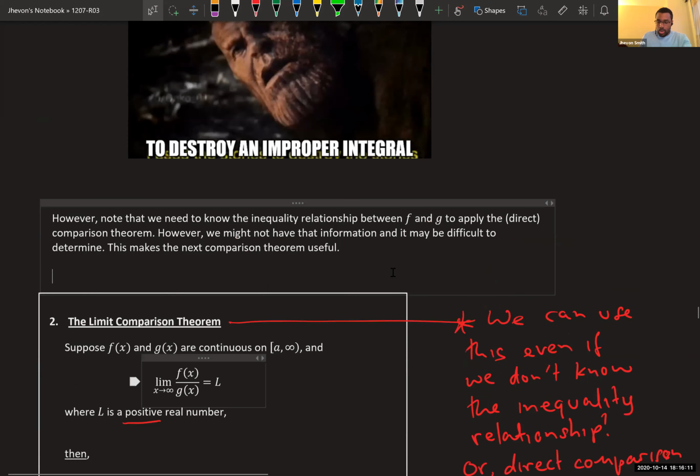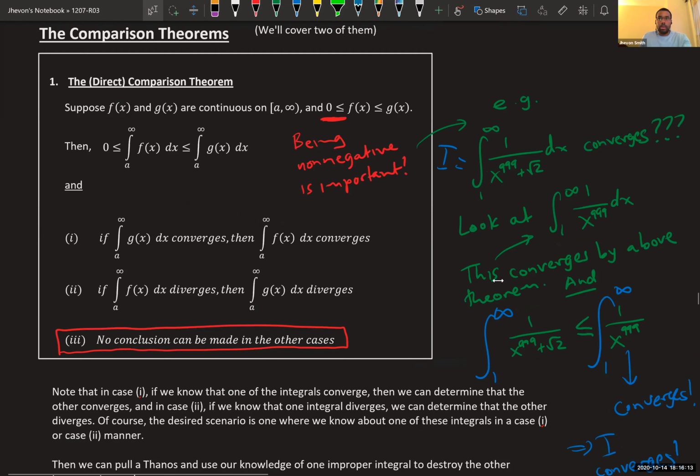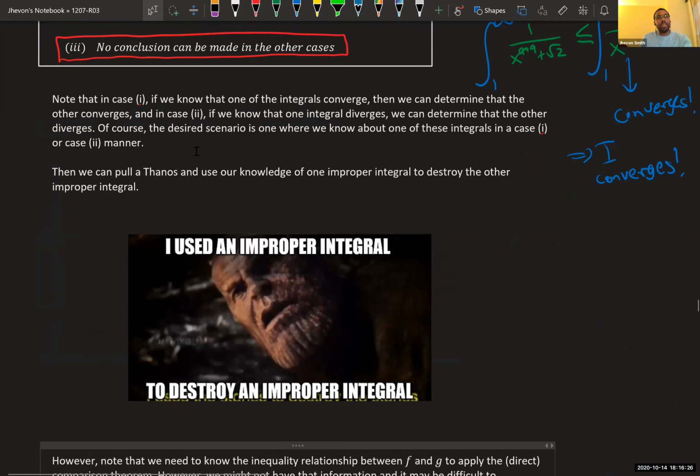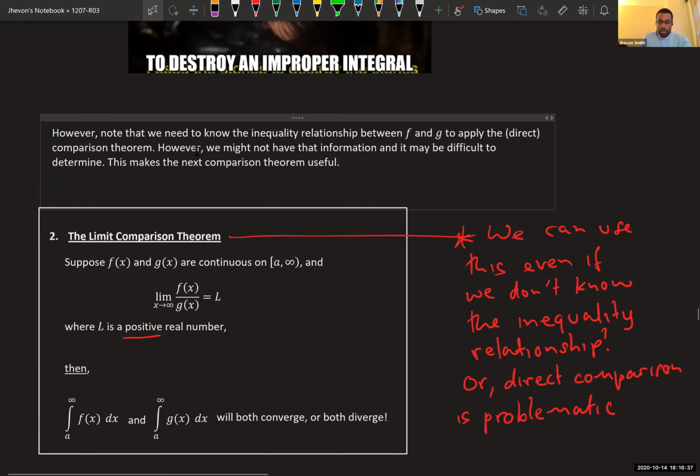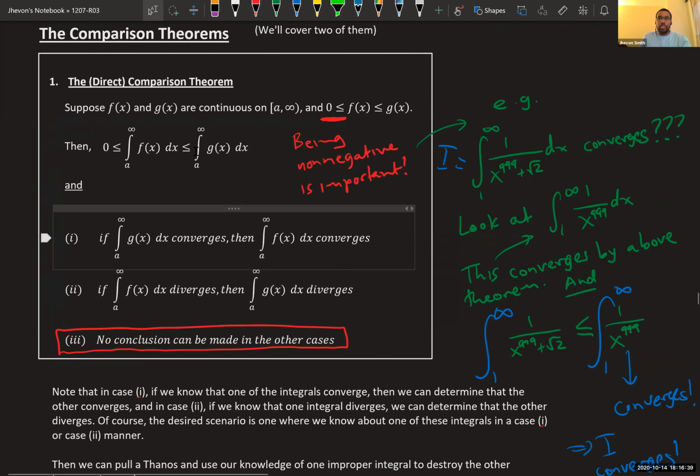So I know that a lot of students would have the idea that, you know what, building inequalities is complicated and I need to figure out who's bigger than who in order to apply the direct comparison theorem test. So you know what, I'm just gonna forget about it and always apply the limit comparison theorem test. Well, I see where you're going and I like the fact that you want to be more efficient, but it just turns out that you can't always be efficient because each of these theorems has a very specific set of assumptions and scenarios under which they can work.